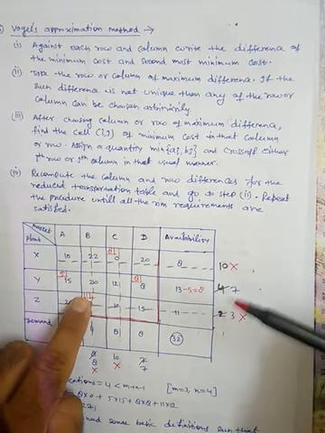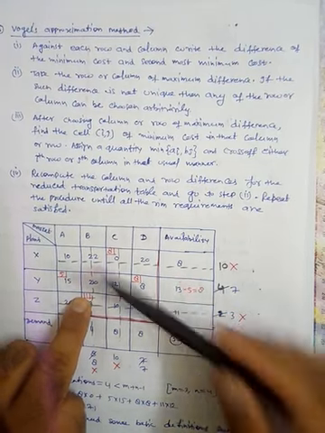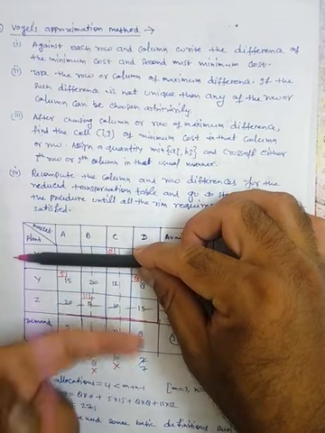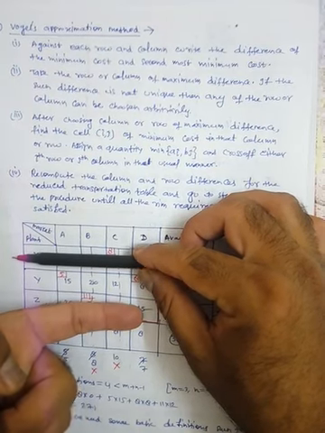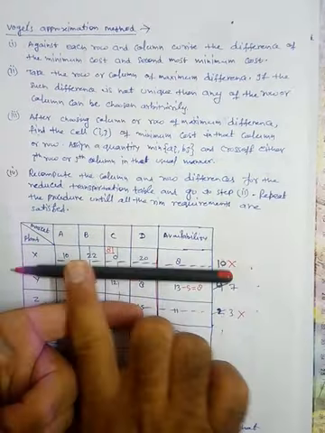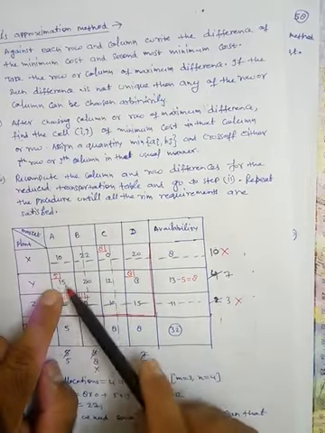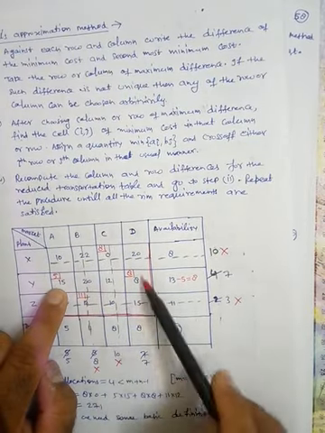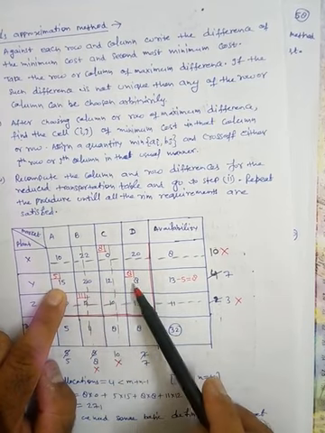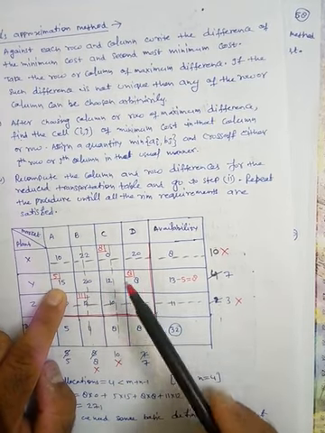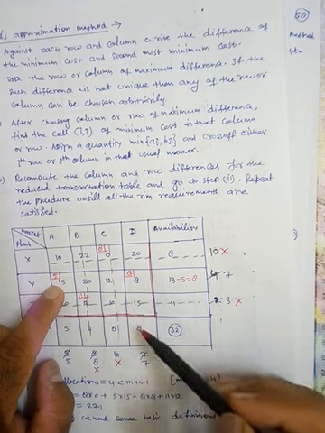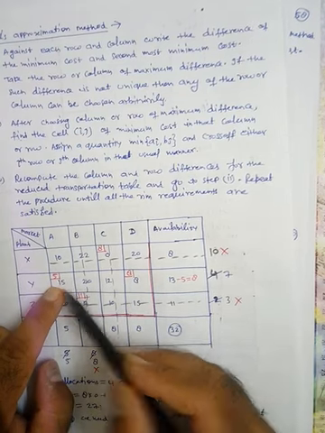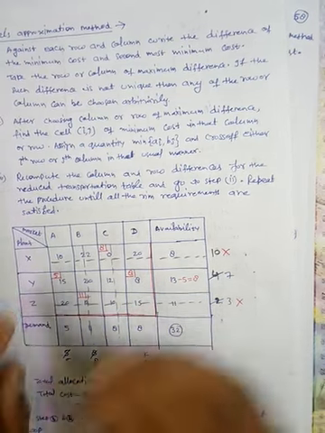Fine. So after removing the first row, the last column, the last row and these two columns, we have only two cells remaining, 15 and 8. Now how much do we allocate? 8 units here and 5 units here, so that the total requirement is fulfilled. So this is Vogel's method.